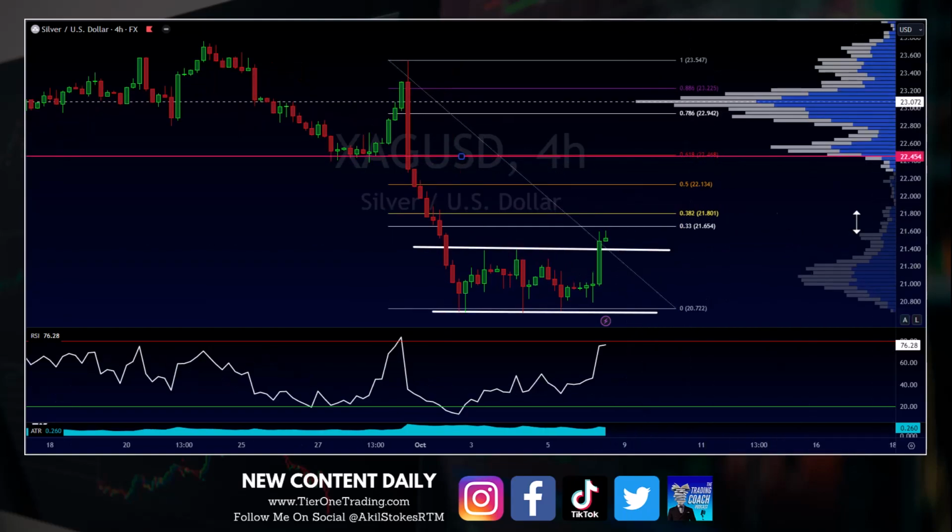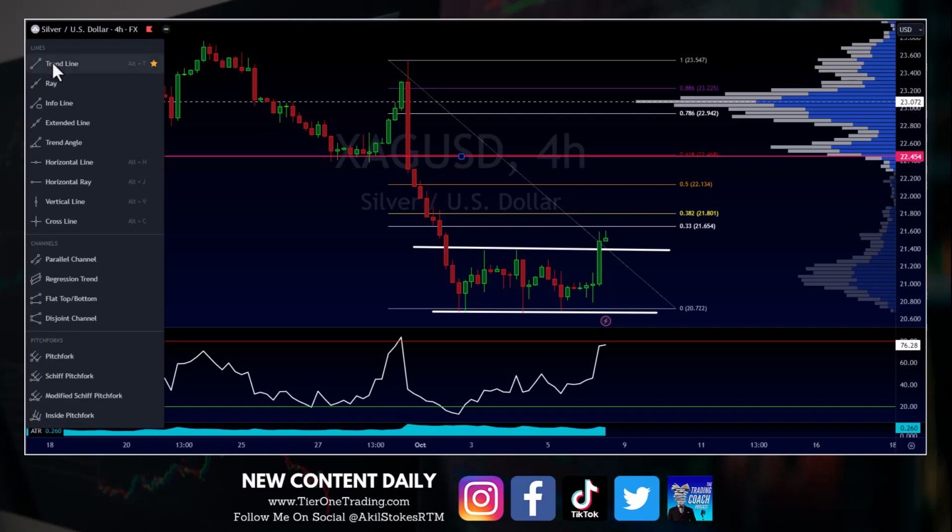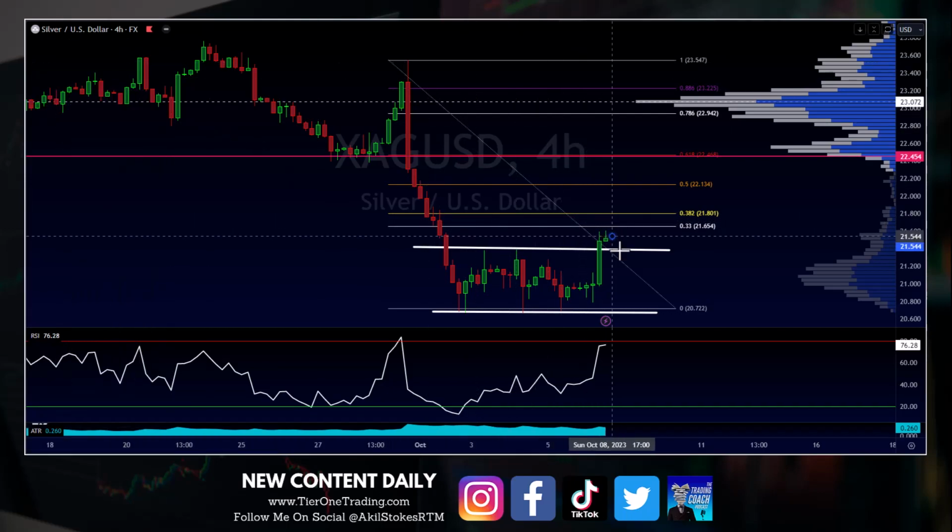So another situation where I know I'm boring, looking for the same thing. This is my trading style, sorry. Look for the pullback into previous structure resistance, now acting as support, and then look for a continuation move up to about